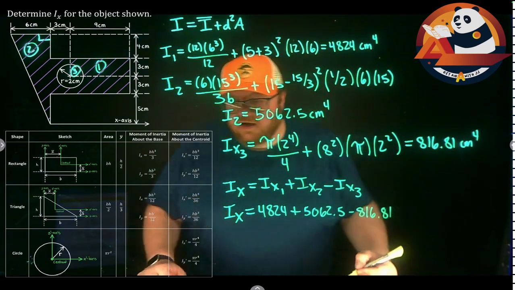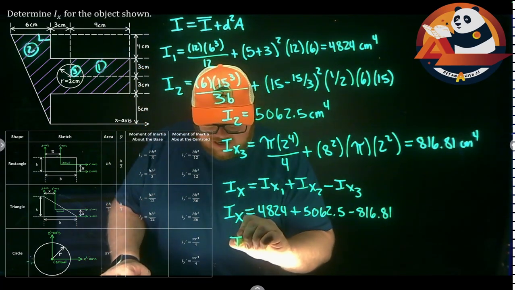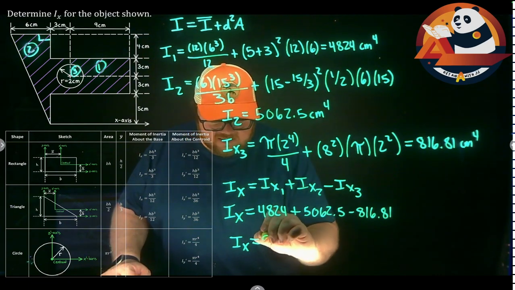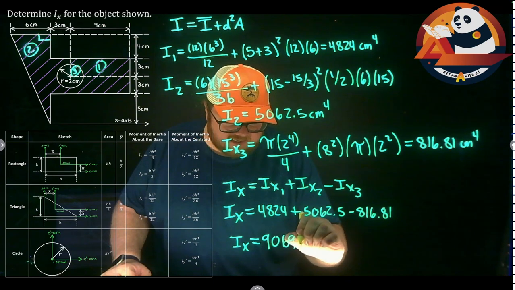All together, we're going to get here that my Ix, my answer for this problem, is 9,069.69